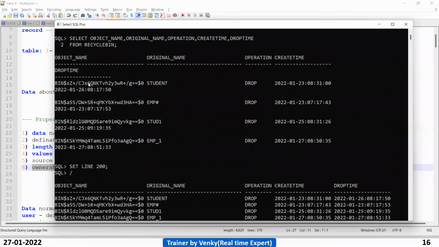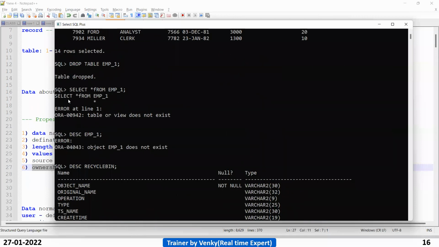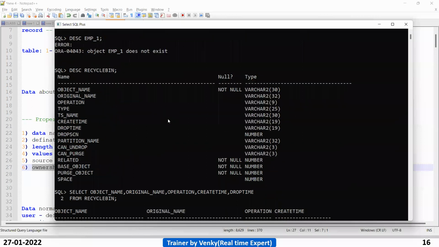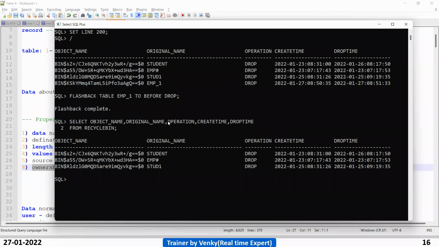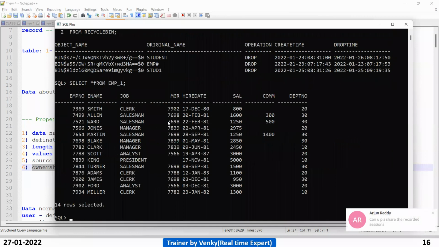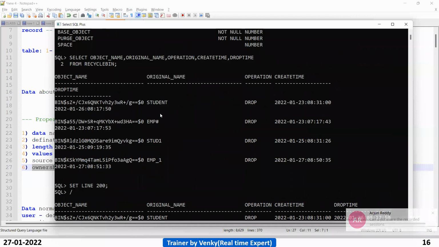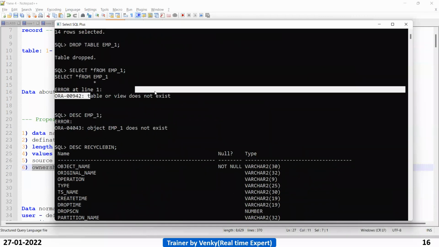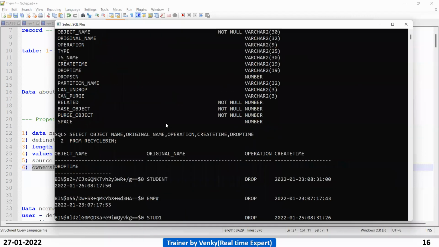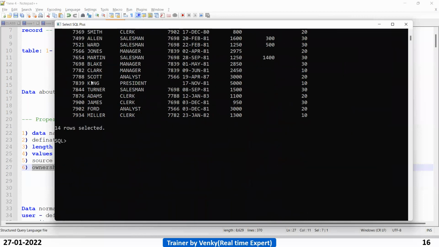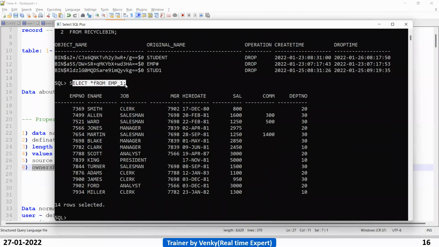Previously, without flashback, when we tried to access it, it showed table or view does not exist. Now, because we have done flashback, we are getting the data. So after flashback, we are able to retrieve the data. Got it, guys?